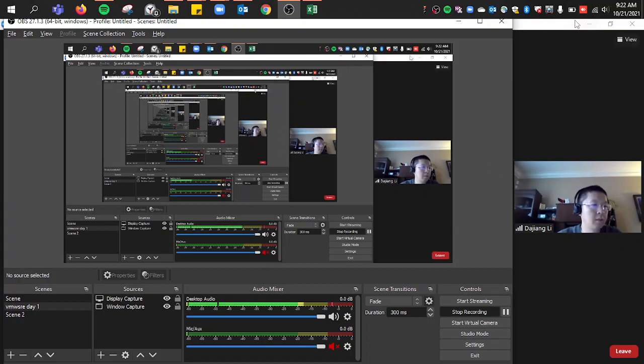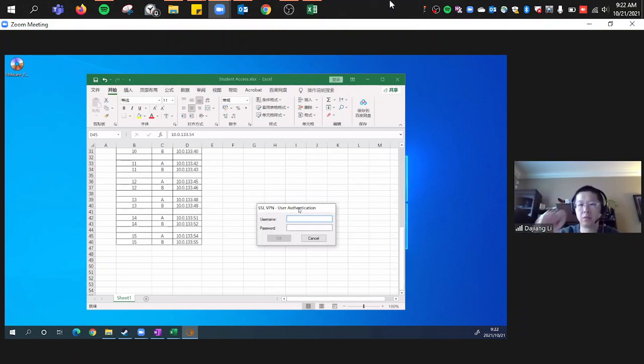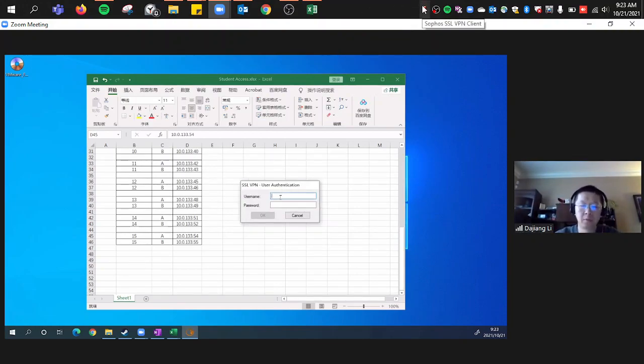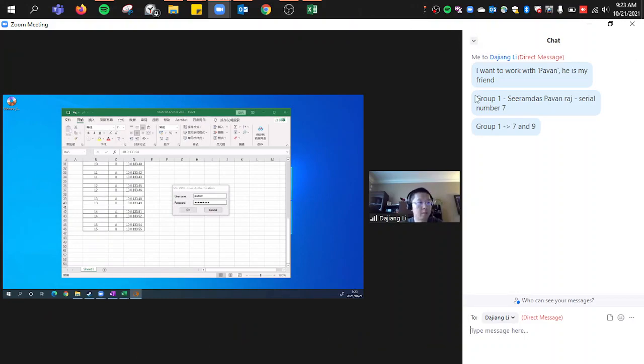Inside Windows, it's like a traffic light with red, yellow, green. Normally this is your SSL login. You put student, and the password is MEI lab 123. I'm going to put this in a chat box: SSL VPN, student, MEI lab 123. Okay, so if you click OK,